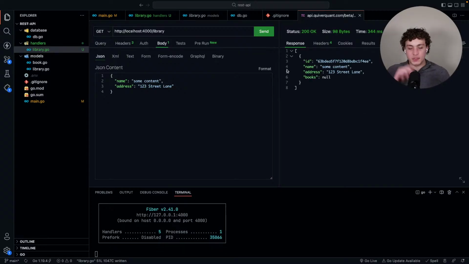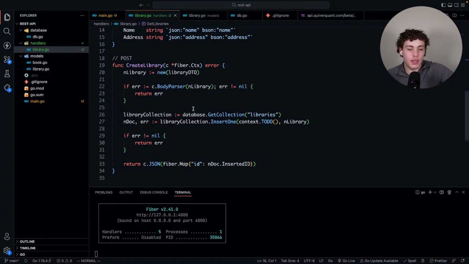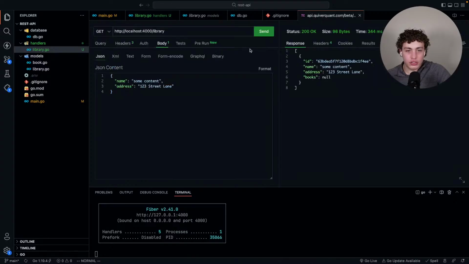Yes, beautiful. So there is just passing in nil as our argument. We don't want nil to be our argument. We want to just say that, hey, there's no filters on here. So we're just going to pass in bson.M and then get all this stuff out. So now that we've done this, we have ended up with 2 different methods where we can create these new